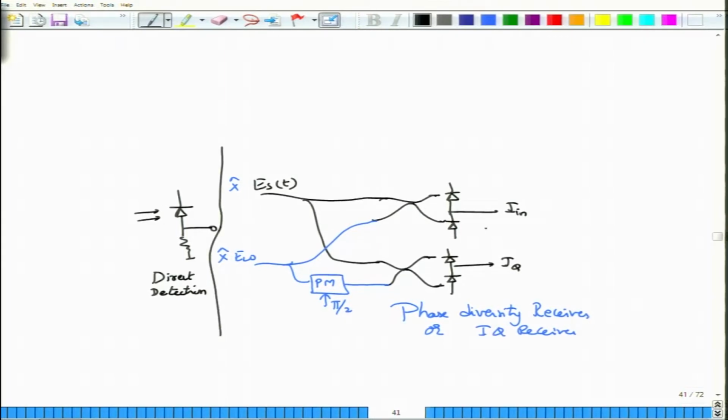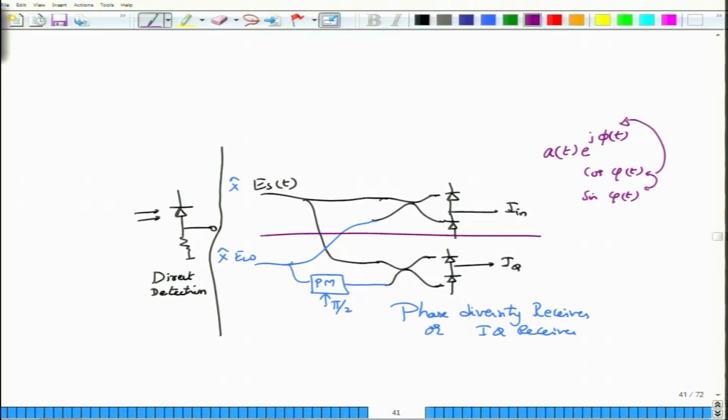On the other hand, this upper part is what you have already seen. This is the coherent homodyne receiver, because I am assuming the local oscillator frequency is exactly tuned to the incoming signal frequency, and this arrangement gives me the in-phase component. But I usually do not have only the in-phase component. My received signals will actually be complex signals, so I need both cos phi of t and sin phi of t to be available, so that I can add these two to obtain the complex phase that I have transmitted.